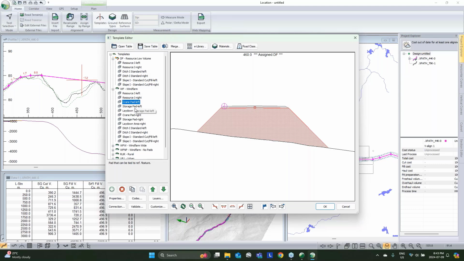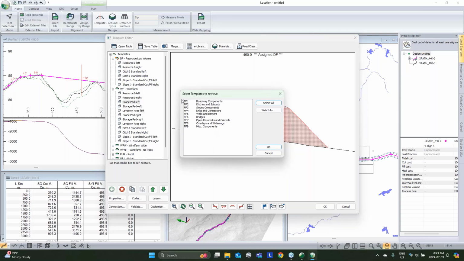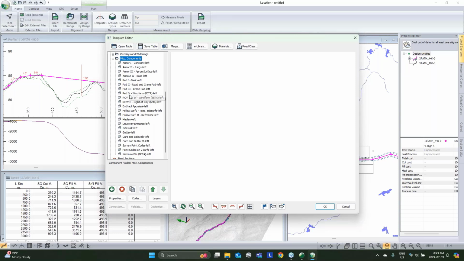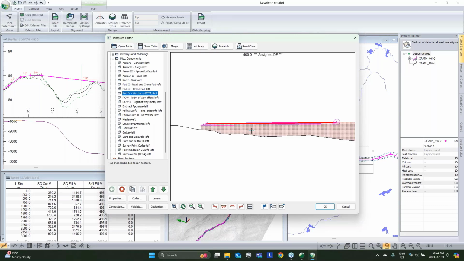The thing that makes this one different is I've got a few different components in between those that represent my pad. And here I have them named different things, but those 6 components here come from the E library. So the E library gives us a collection of a bunch of different cross-section components that we can use, lift and adapt without having to reinvent the wheel. And so this one here is what I'm using. And when I use it up here,